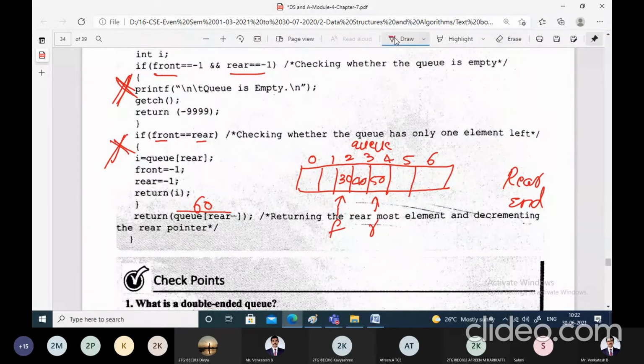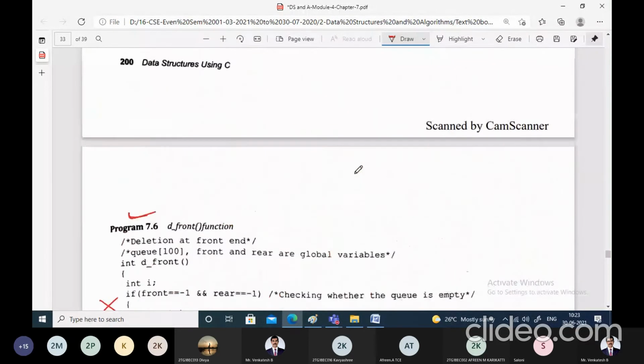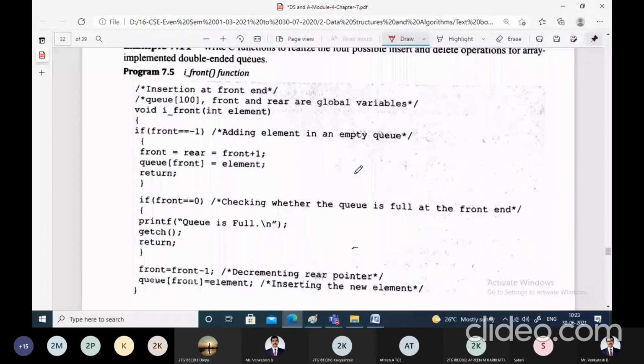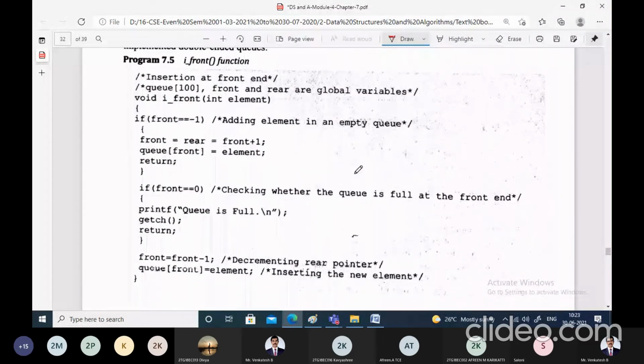So what we have done, we have seen all the types of operations we can do on the double-ended queue, insert and deletion. But the explanation is still incomplete if I don't continue the iterations, because there are spaces available here. Now let us take the same queue and try to perform insert front once again. Why? Because there is a space available at the front end as well as at the rear end. We can use these spaces by using the front index. So with the same queue, let us go to the insert front function once again. Yes, this was the insert front function we have discussed. So I'll come back to the same insert front function and let us insert some more elements.